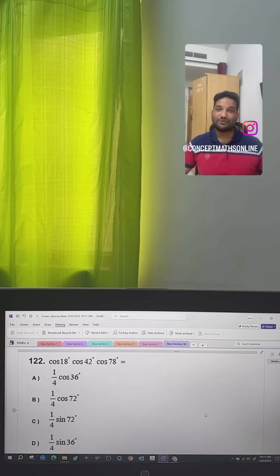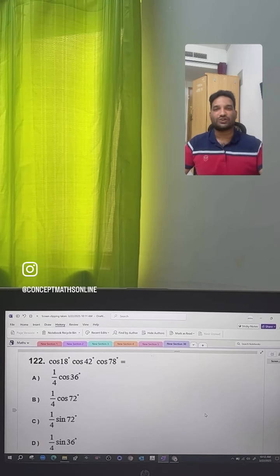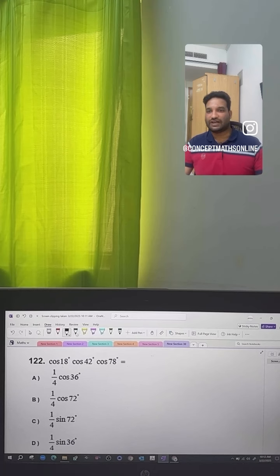Students, this type of entrance question is mainly a repetitive question. Here there is some connection with the given angles. You can see the three angles 18, 42 and 78. What is the connection? These are connected to a standard angle, 60 degree, because if you take the angle